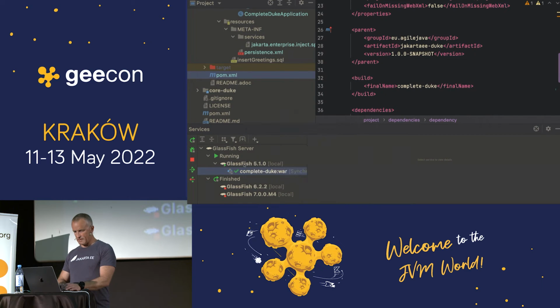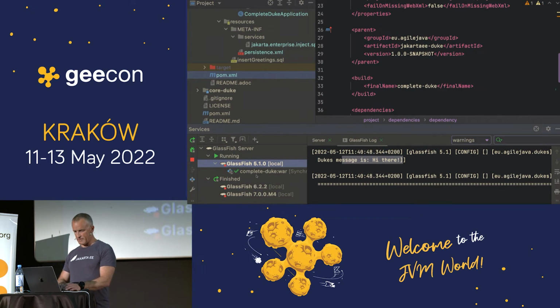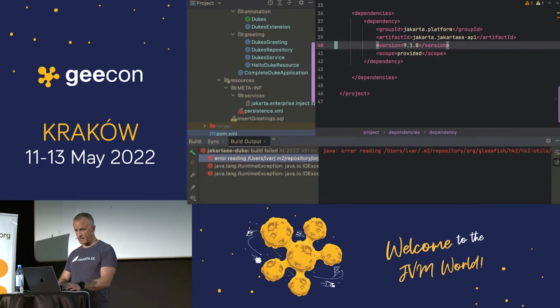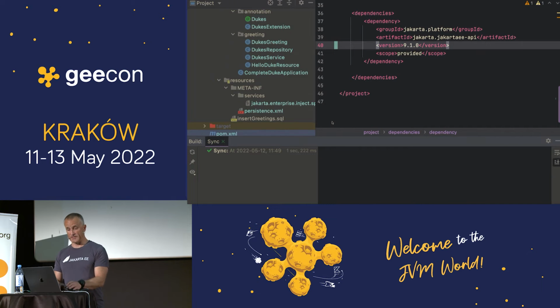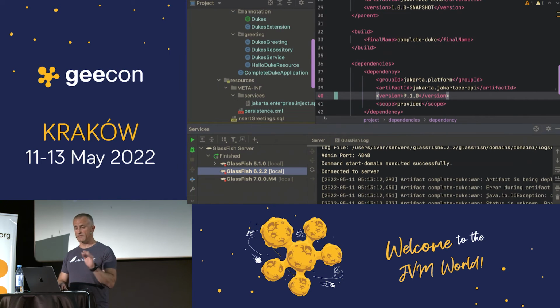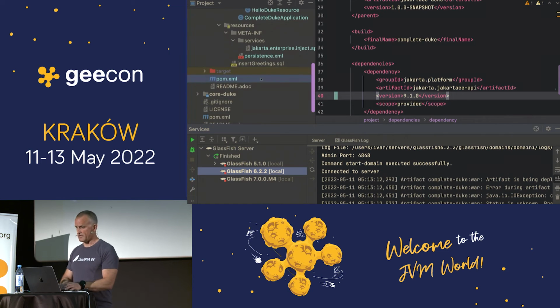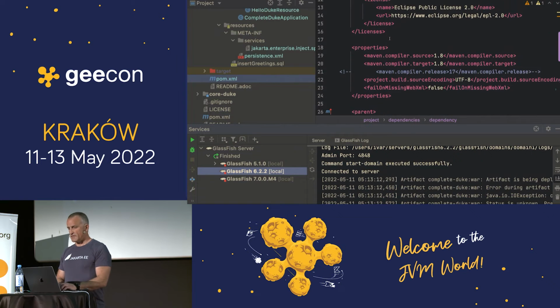What I'll do is I'll stop the old one in case it's a port conflict or something. I'll try it again. If it doesn't work, I'll just go ahead and be a little adventurous. And let's move this on and see if we can get this to run in Jakarta EE 10. First, what I'll do is upgrade the compiler source.